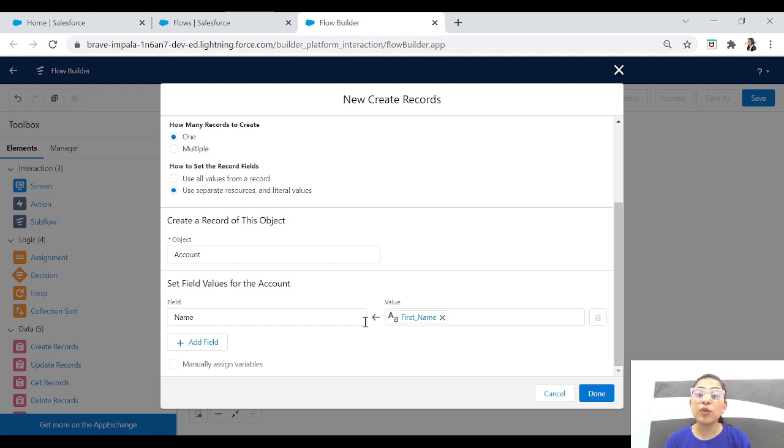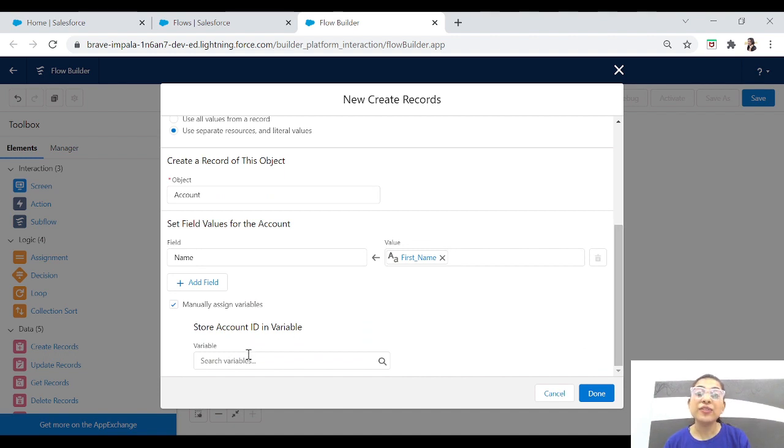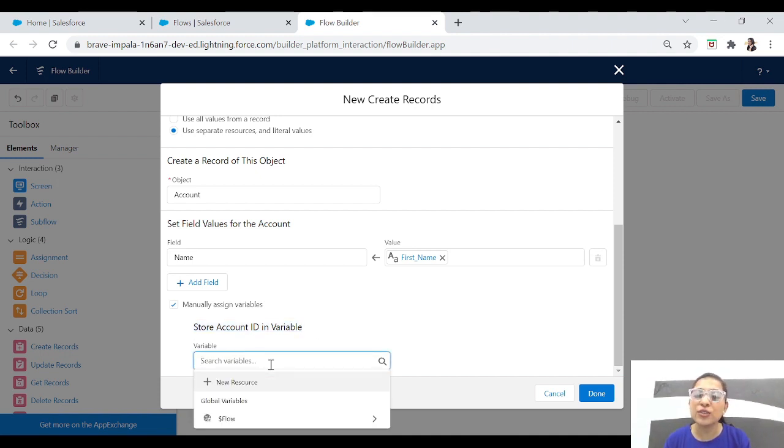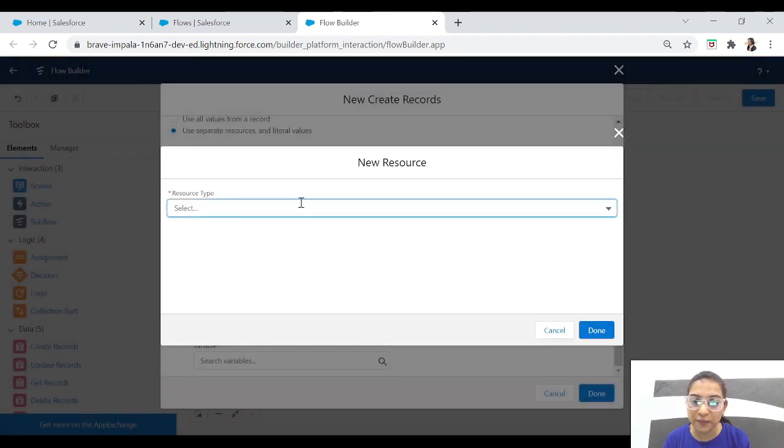Okay, now we can leave it here and simply create the account, but we want to create a contact for this account also. So for creating a contact, we should have the account ID, and for the account ID, we'll click on manual assign variable, and we will assign the account ID to a variable. So here it is, store account ID in a variable. If you have created a variable previously, you can use that. If you have not created, you can click on the new resource button.